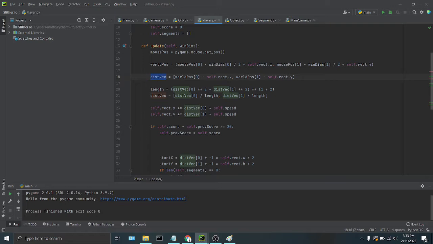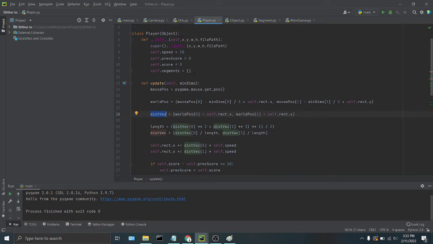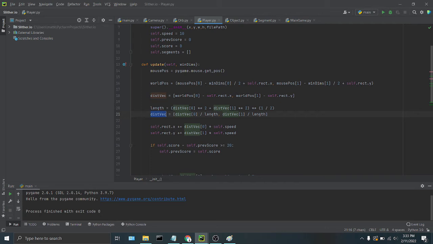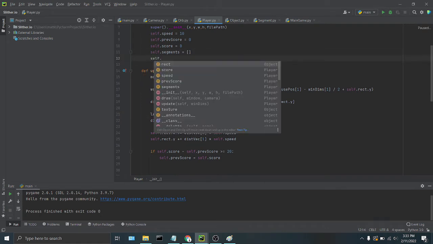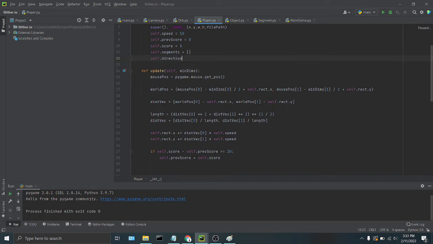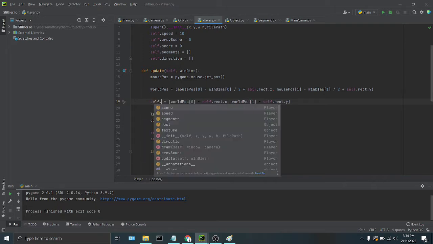But I really want to store this as a private variable because, as we're going to see later on, the AI are also going to have a direction variable, and this is just cleaner than having this random variable here. So I'm going to create self.direction, and it's going to be an empty list. And now distVec, every single time it appears, I'm going to replace it with